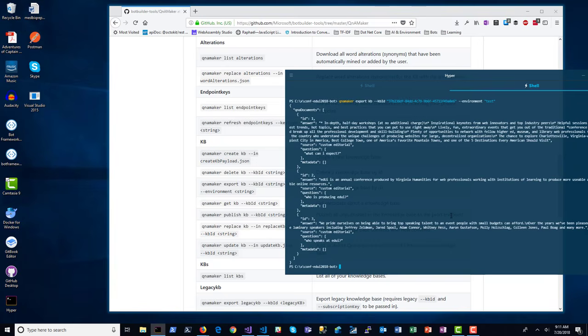So you'd want to take this information and pipe it into a file. So that kind of gives you your exported information. QnA documents. It has the IDs of each individual question and answer pair, or questions that match a particular answer. It tells you what your editorial or what your source is, custom editorial. So that kind of gives you all the information. So you can export